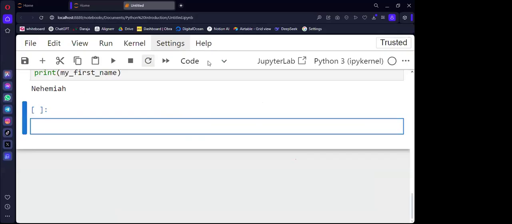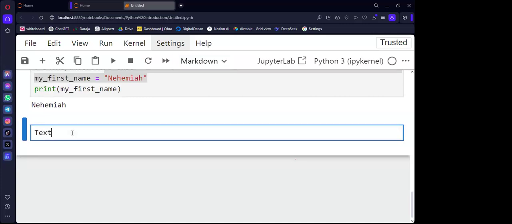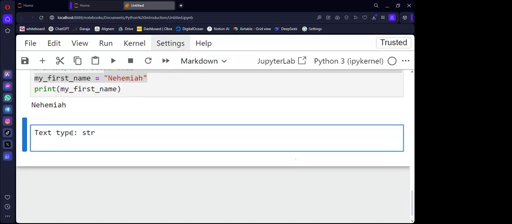So the text type. For the text type, we have strings, which is str, and then for the numeric types,